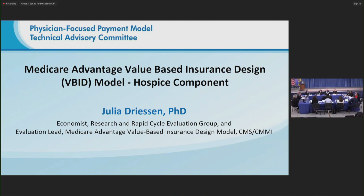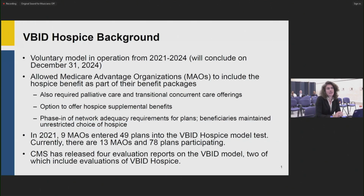Hi, I'm Julia Driessen, and I am the evaluation lead for the center's Medicare Advantage value-based insurance design model. Next slide, please. So this model encompasses a number of components and has been in operation at the center since 2017, but I'm specifically going to talk about the VBID hospice component, which I know you heard about earlier and a little bit yesterday. It began in 2021 and was recently announced that it would be concluding at the end